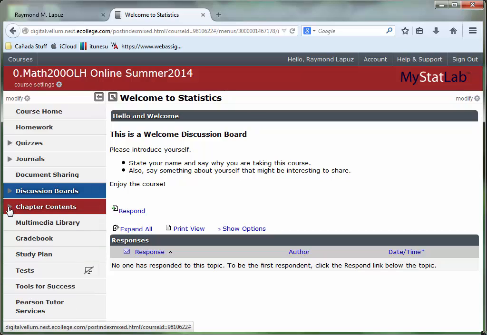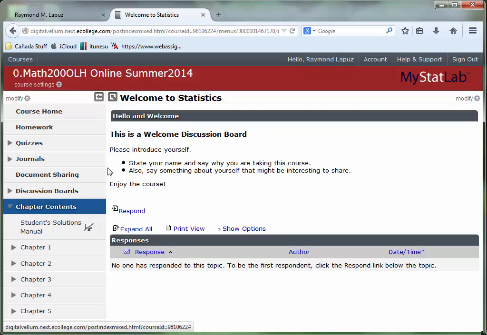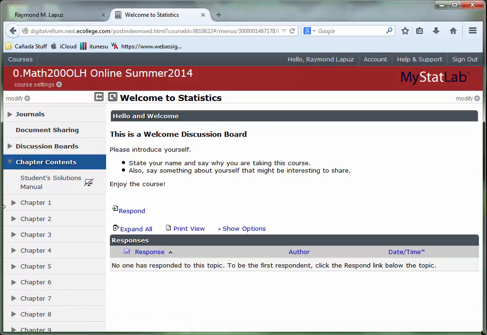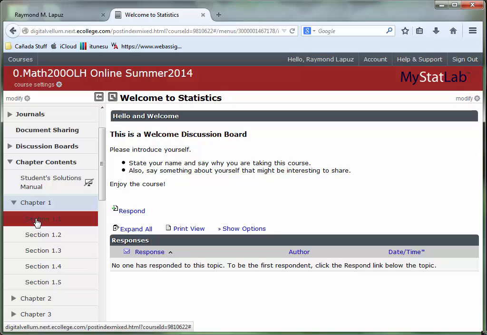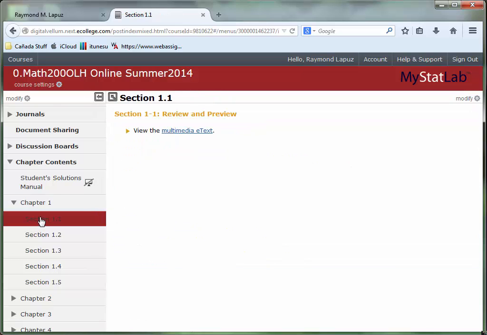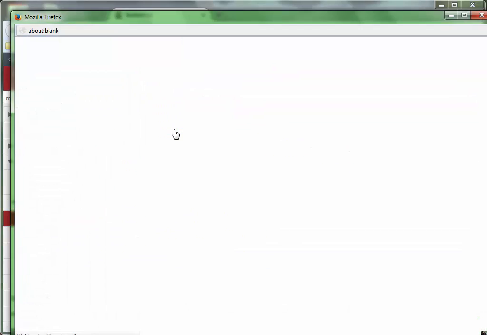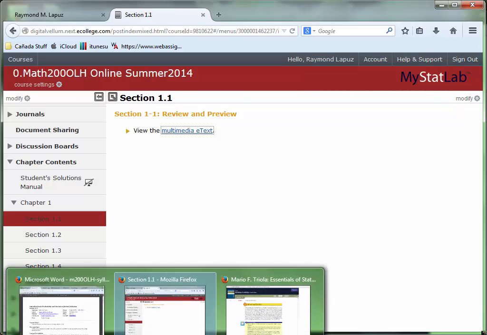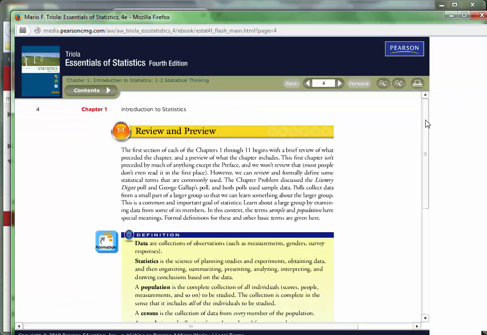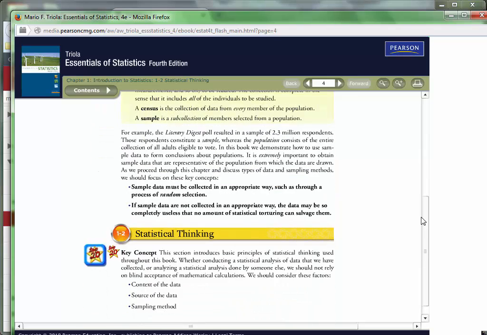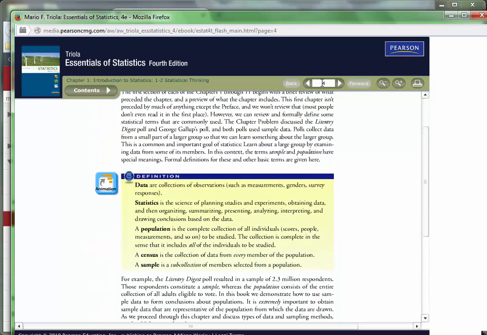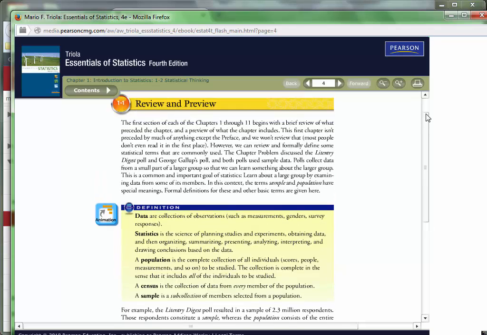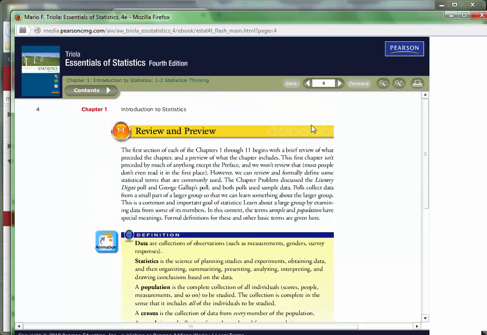The chapter contents contains the whole textbook, and the whole textbook is broken down by chapter and by section. So if you click on section 1, view the multimedia e-text, it's actually going to open up another window for you. And what you will get is exactly what is in the textbook. So if you turn to page 4 in your actual textbook, if you have a textbook, this is exactly what you would see. Only difference